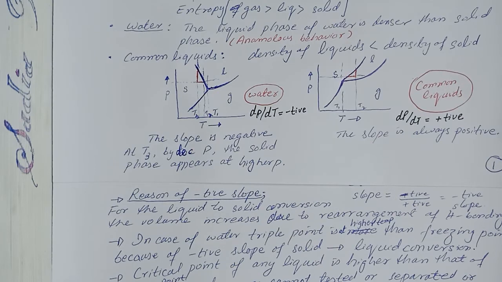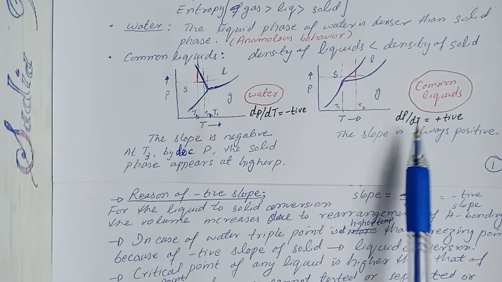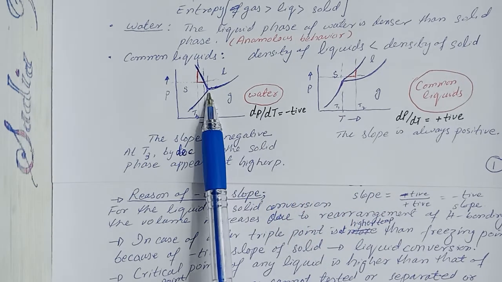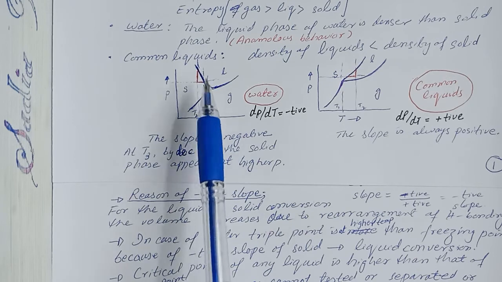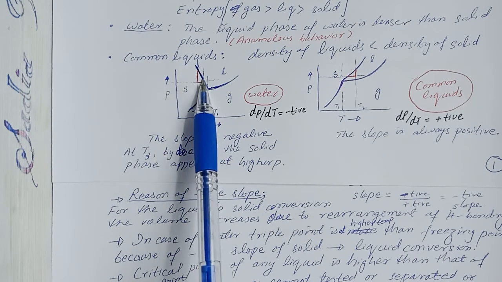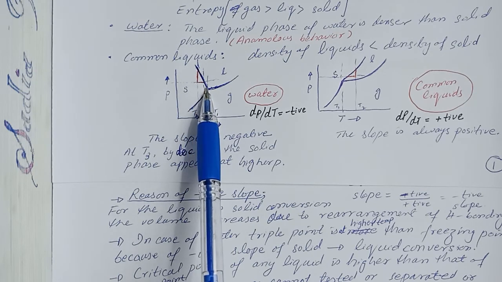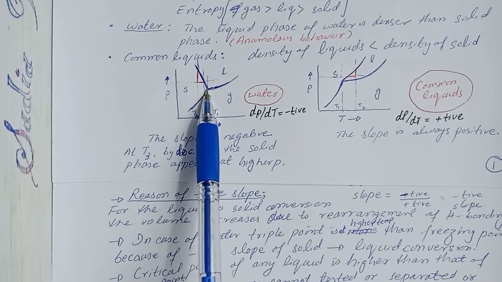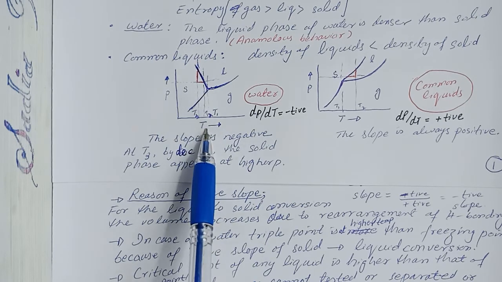Now let's reconsider the phase diagram for the case of water and common liquids. For the case of water, the triple point is at higher temperature as compared to any of the freezing points at different pressures. So this phase boundary that is showing the freezing point or the melting point is at lower temperatures as compared